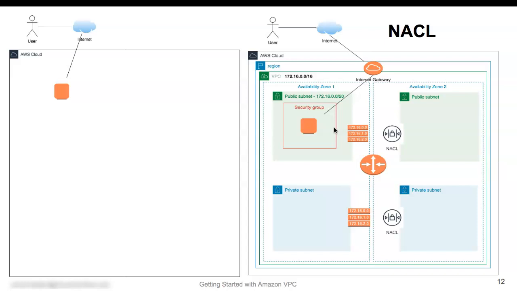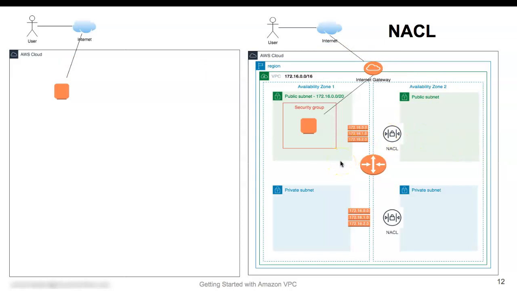But if I say that I want to block all the traffic which goes to this subnet, then I can use network access control list. So network access control list provides you a security feature at the network level. Now remember that each subnet will have its routing table, and each subnet will have its network access control list. For simplicity, I have not shown NACL for each and every subnet. So if you look at this picture on the left hand side, your EC2 instance runs in the AWS cloud, but behind the scenes there are so many VPC components coming together so as to allow access to your EC2 instance.